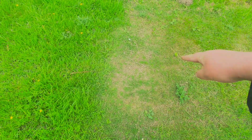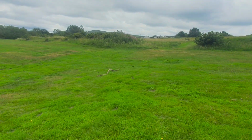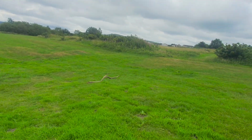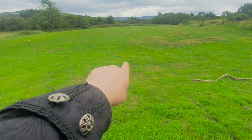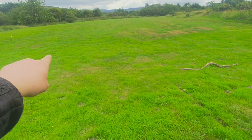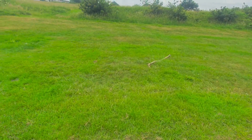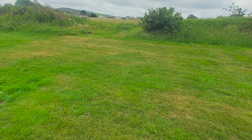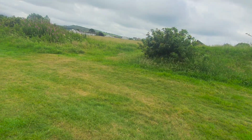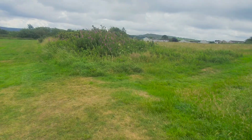There's a site here. This is an old trench from one of the excavations. There's evidence that on them embankments there were trenches. I found several infill trenches, and down here there's been a couple. One here which I'm now outlining. This was a major excavation trench just there. As I say, I've not looked at the reports, so I don't know what's been found, but I can tell you that this was a main base, and as I say, several hundred people up here,